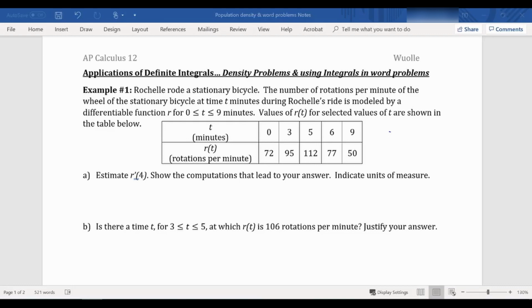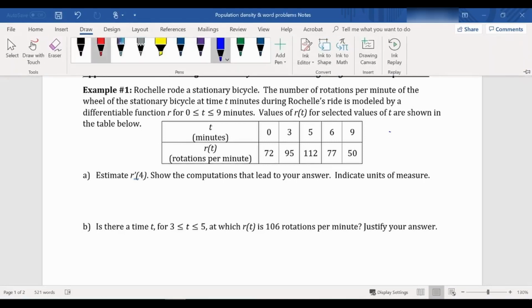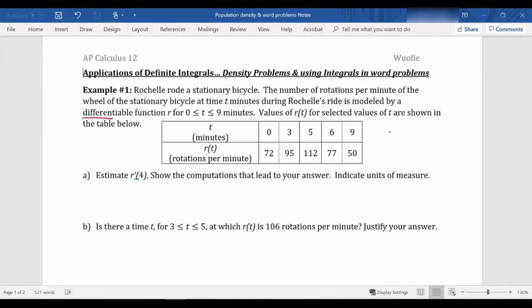So our example is Rochelle rode a stationary bicycle. The number of rotations per minute at time t is modeled by a differentiable function r. So this is important. Okay. And values for r for select values of t are shown below. So it's important to notice that r of t is rotations per minute here. Okay. So if I want to find r prime of t